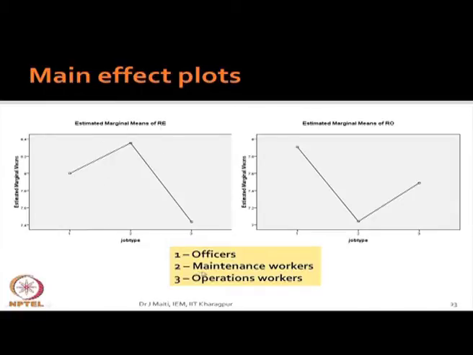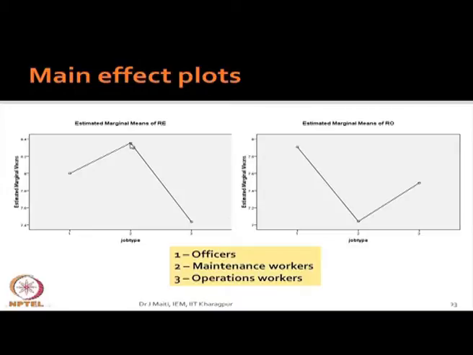Then you go to the relationships. From the relationship point of view, maintenance workers are saying their relationship is a little poor, and there is a reason. Maintenance is an unstructured job. For example, suppose there is a machine under breakdown. That machine requires electrical people, maybe mechanical people together. The electrical department is somewhere, the mechanical maintenance department somewhere, and they mix when it is required. So it is not that every day they are looking after their jobs simultaneously. So it is quite obvious that their relationship has not built up to that level compared to operations and officers.